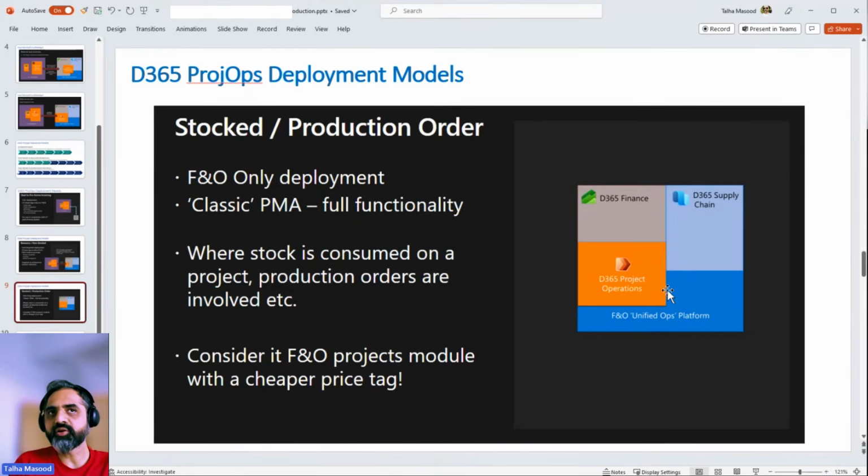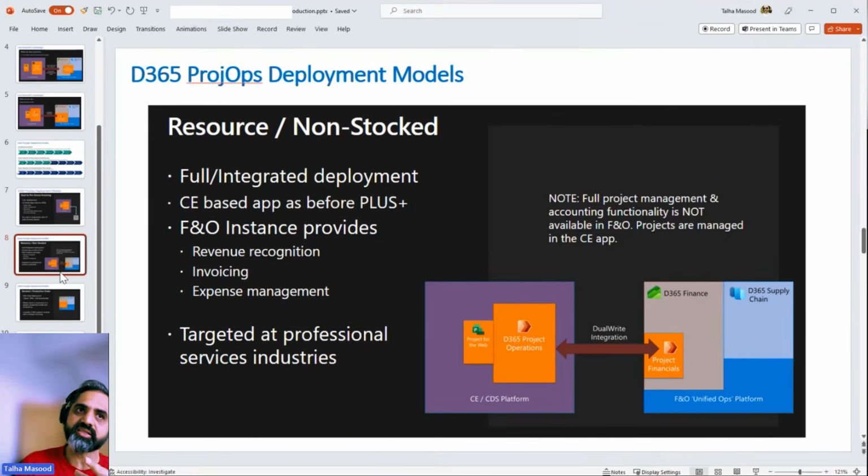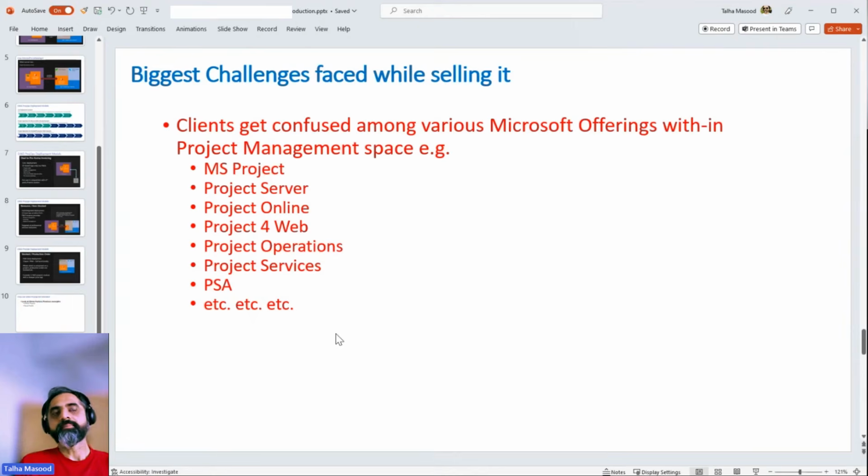I don't think there is an alternate to that in project finance and operation. So I don't understand how this offering is actually valuable. I personally feel that this is the most valuable offering overall. Yeah. One of the real challenges we faced when we start talking about something like project operation to the actual